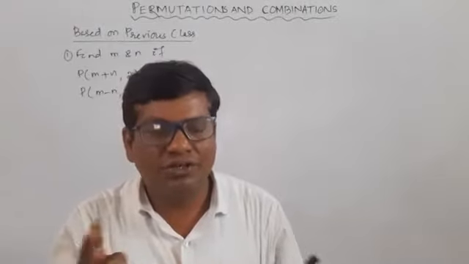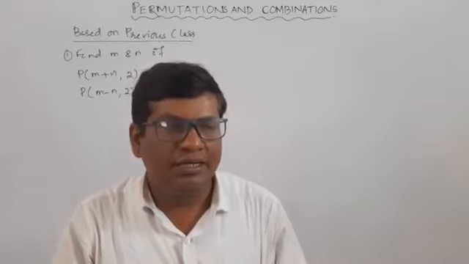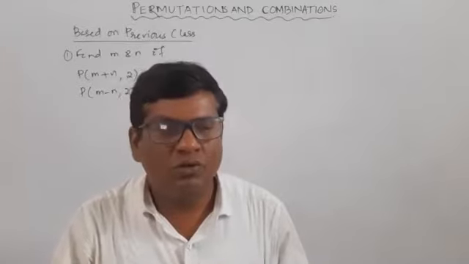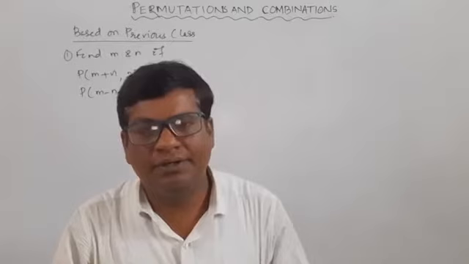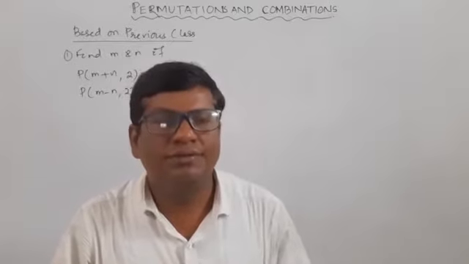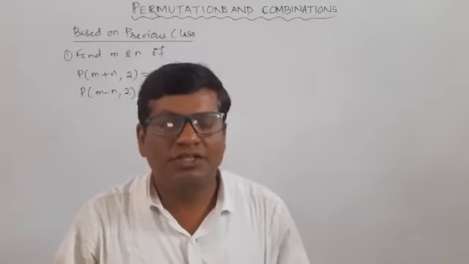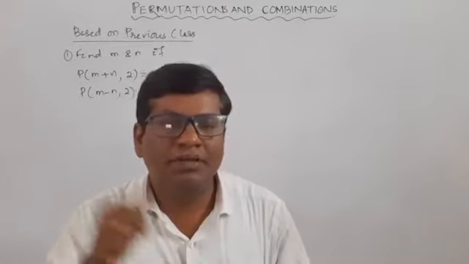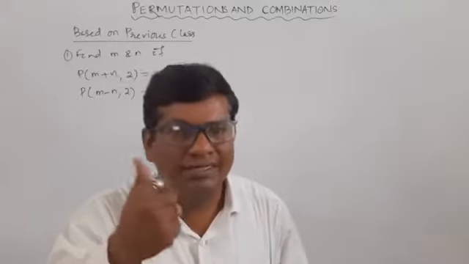In last class we discussed some theorems based on permutation, the formula for nPr and how to calculate nPr, and some related problem-based questions on nPr. Today we are going to discuss the arrangement problems, that is, formation of numbers using digits. But before that we should recall the previous concepts. Now let's see the question.